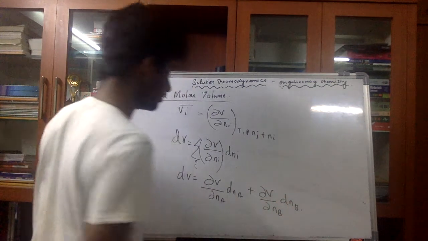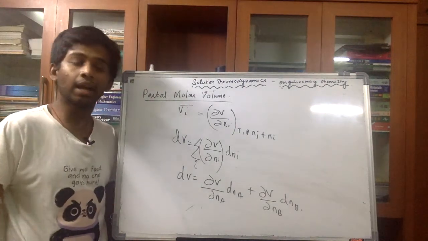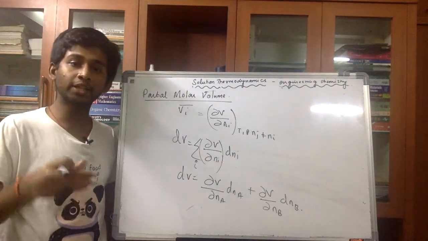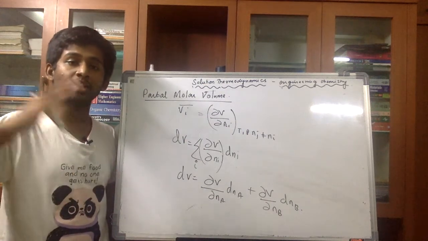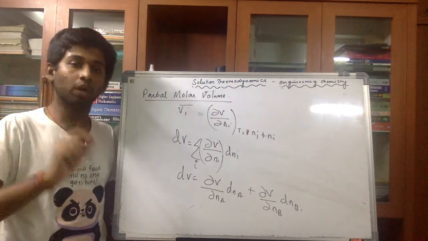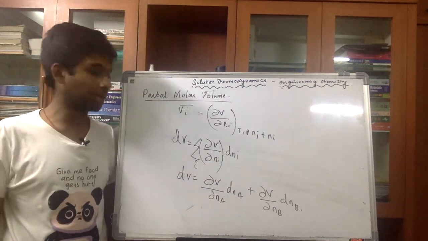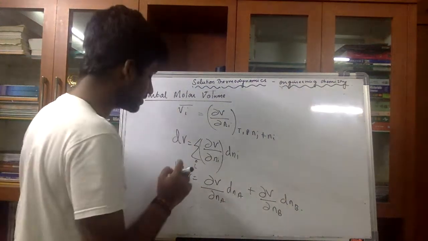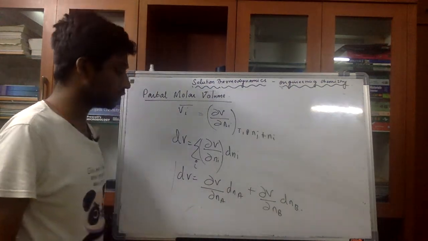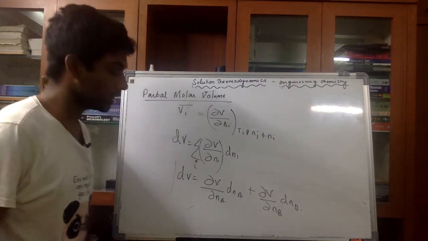Okay. So now this is what I'll get after considering temperature and pressure constant, and then after including the sigma factor to consider all the number of moles. Then afterwards I'm bringing in one more point: that it is a binary solution, so it will have only two components. Okay. So now note this down, which says dV is equal to dou V by dou Na into dNa plus dou V by dou Nb into dNb.